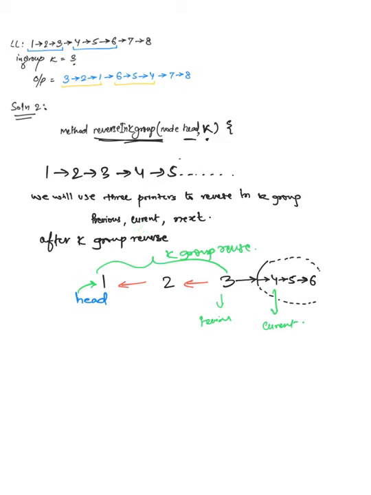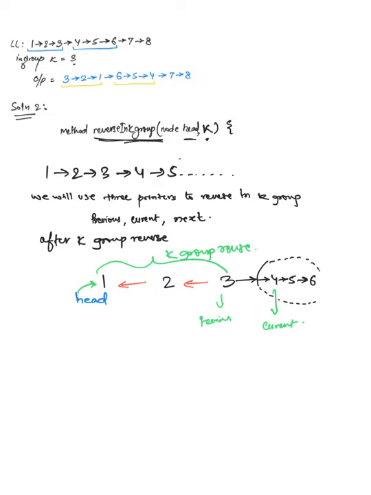If you use the generic method of reversing, then after reversing the k size, it's 1 2 3 but pointing the opposite way: 3 pointing to 2, 2 pointing to 1. And remember, the very first node is the head. We didn't change the head location. Head is still pointing to the first one. We created a current which was pointing to the head at the start, but it moved as we reversed. So after reversing the k size,